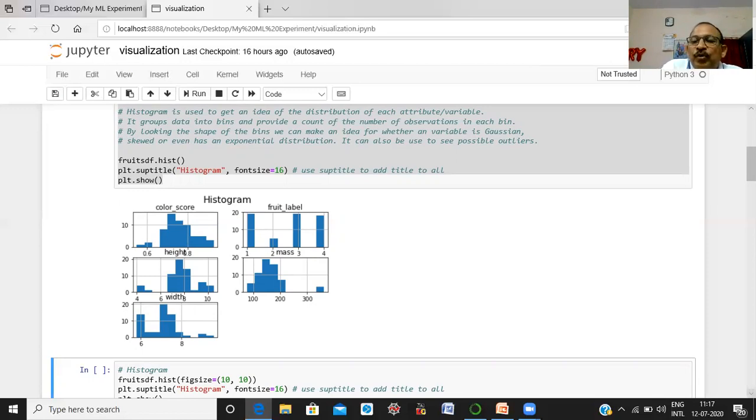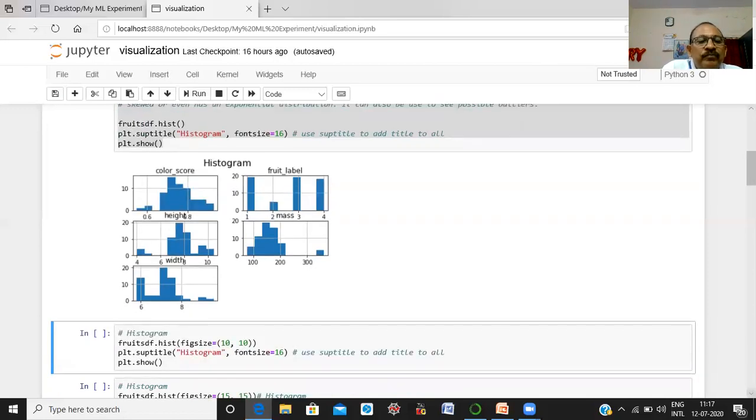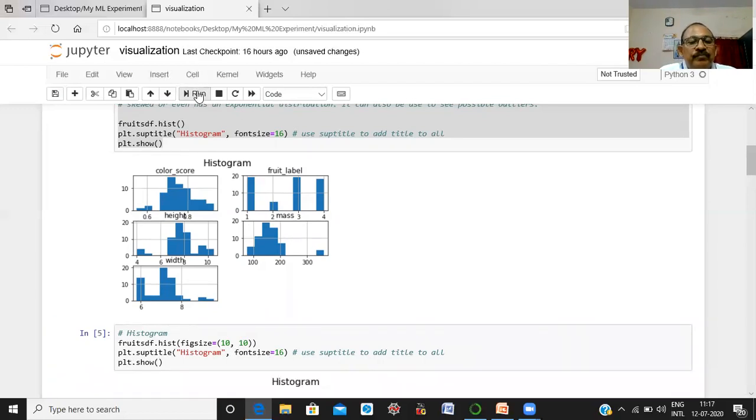Next, suppose we want to increase the size of this graph. We use the function fruits_df.hist with figsize 10, 10, and this is the suptitle histogram, and this is the font size, and the next command is plt.show. Let us execute this and see what will happen.